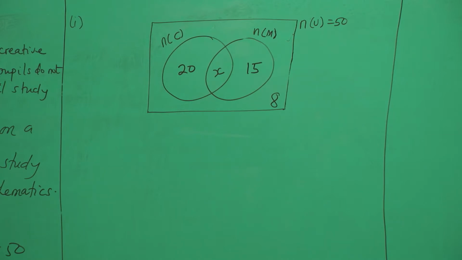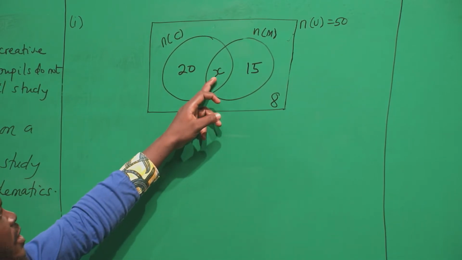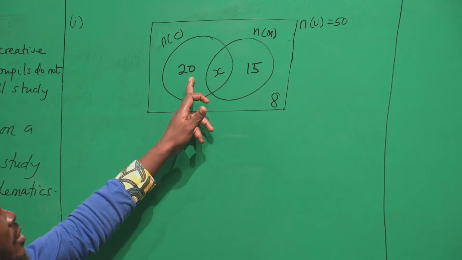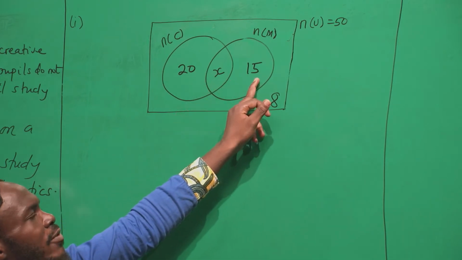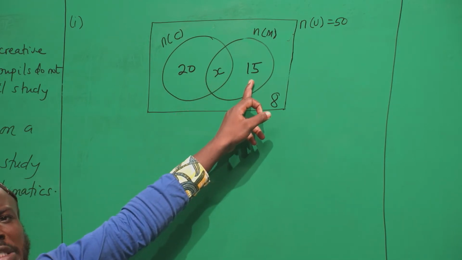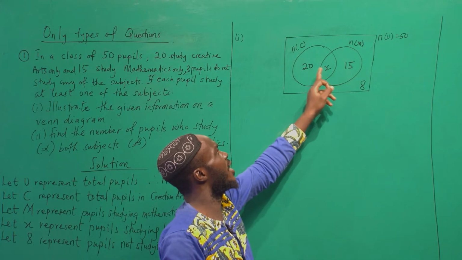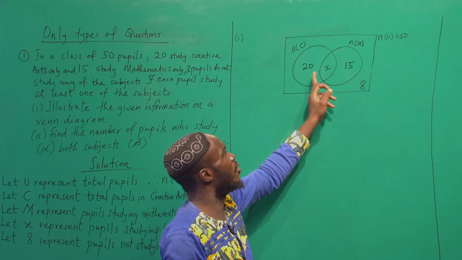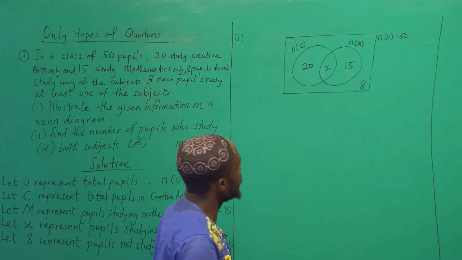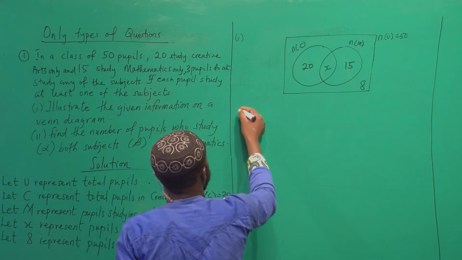Okay. So you saw that, as I said, in the raw type of question, when solving, the X is subtracted from the 20 and the X is subtracted from the 15. But with the only type of question, we will not subtract the X from both sets or from both subjects. Okay. So let's go to the II,